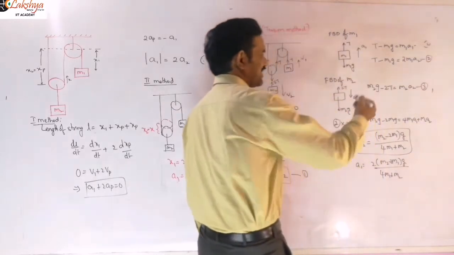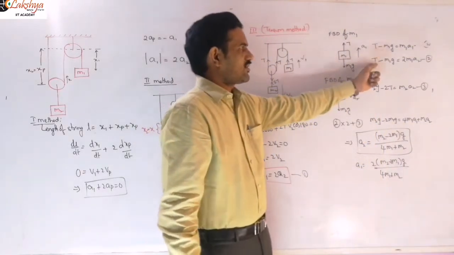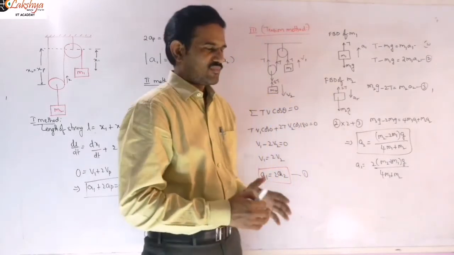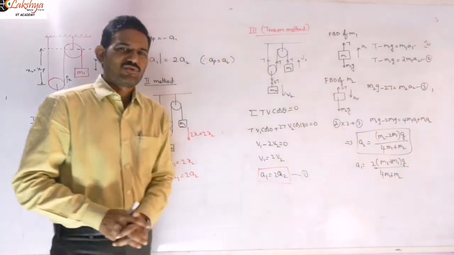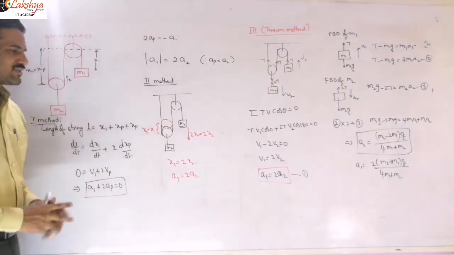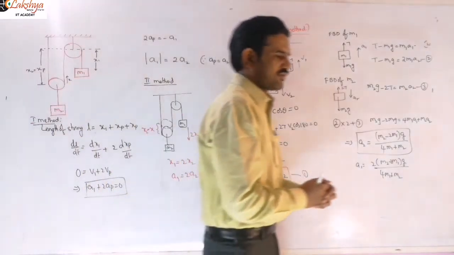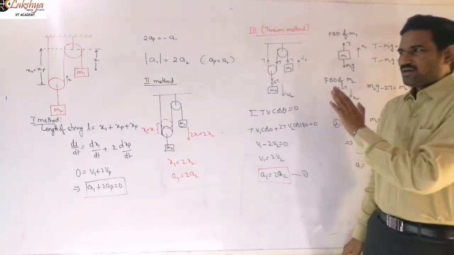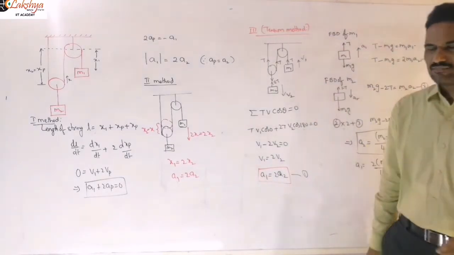And by substituting this T value either in equation 2 or equation 3, you can calculate the tension in the string. So that is how we solve this problem here. Right. So now some applications will be there based on this constraint here. You can solve them easily if you are able to understand this constraint here, especially.